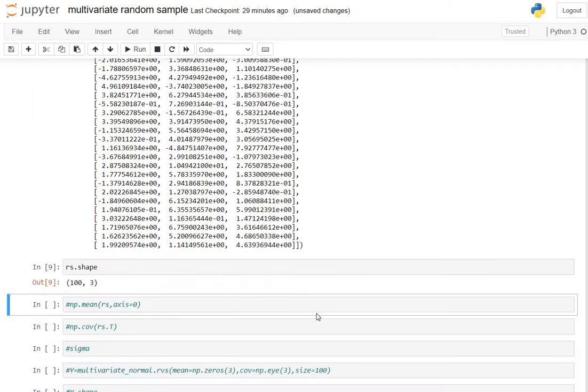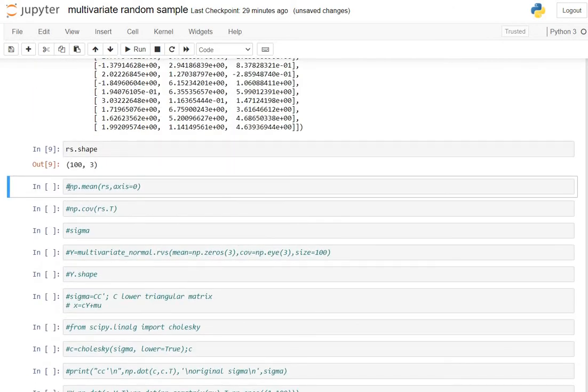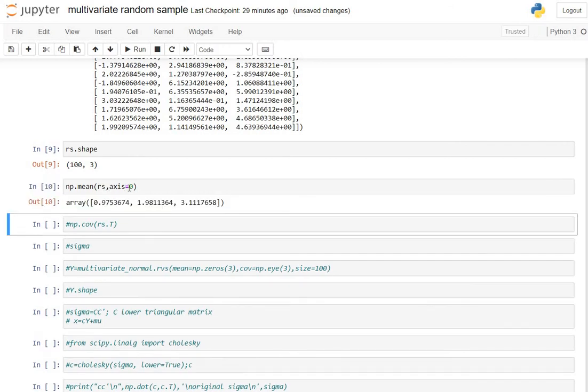Now if we want to see what the estimates are, the mean will be estimated as np.mean of the random sample with axis 0. We have given axis 0 here because we want the mean column wise. So our original given mean vector is 1, 2, 3, and here we are getting 0.97, 1.98 and 3.11.